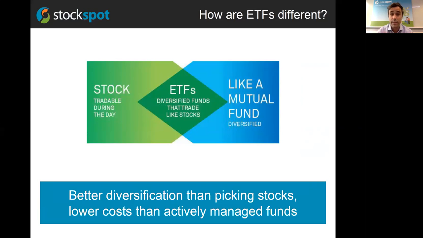So most active funds in Australia charge somewhere like 1% to 1.5% in fees per year. The ETFs that we use and recommend are typically charging about 0.25% per year. So a quarter to a sixth of an actively managed fund. So that's some of the similarities and differences versus the ways that people would traditionally invest, and how that's different